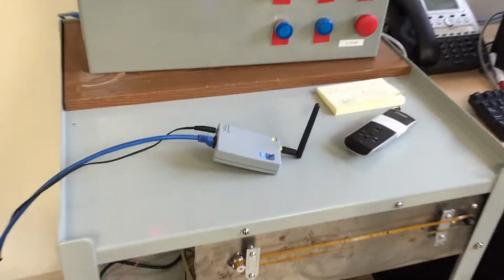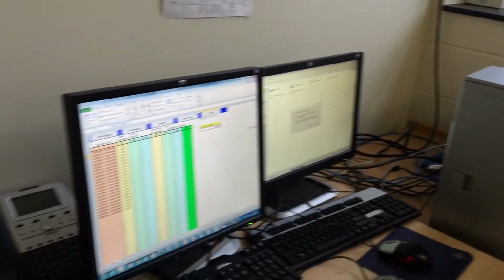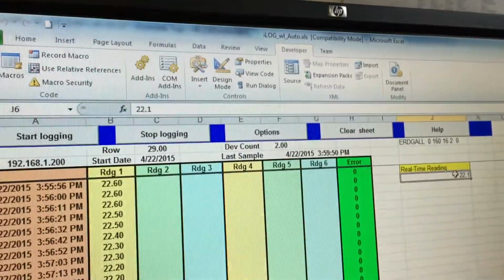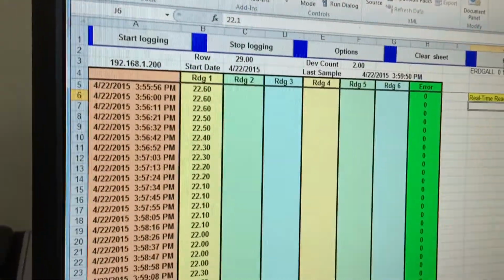Now we have the reading, so it will be coming from here. For that we are using the iLog software. That is the Excel file that is made by the Z series wireless temperature system.